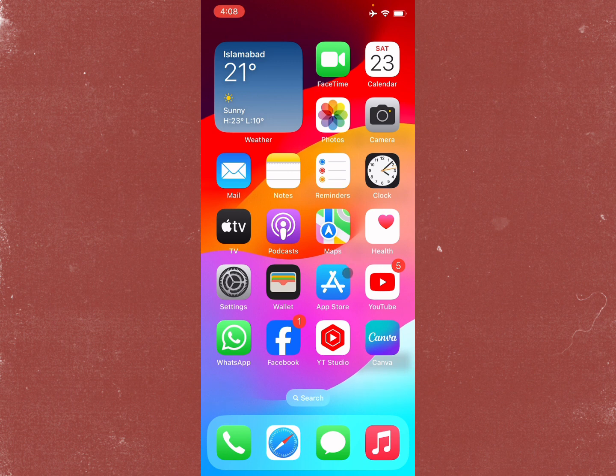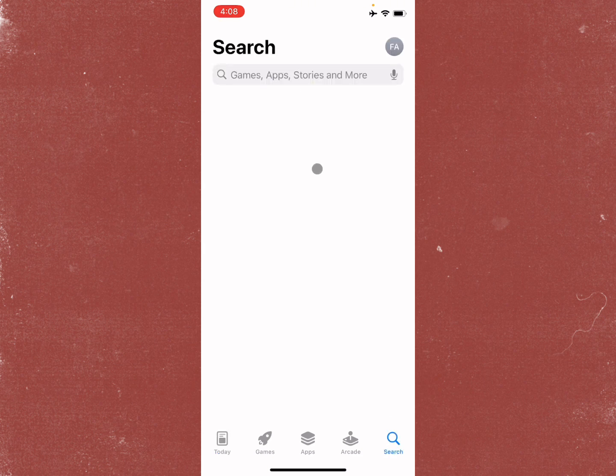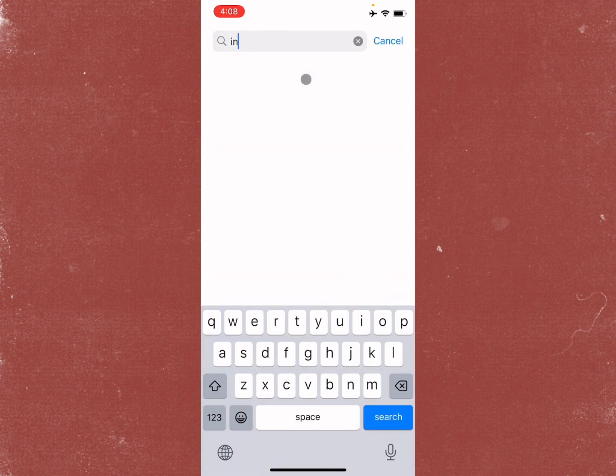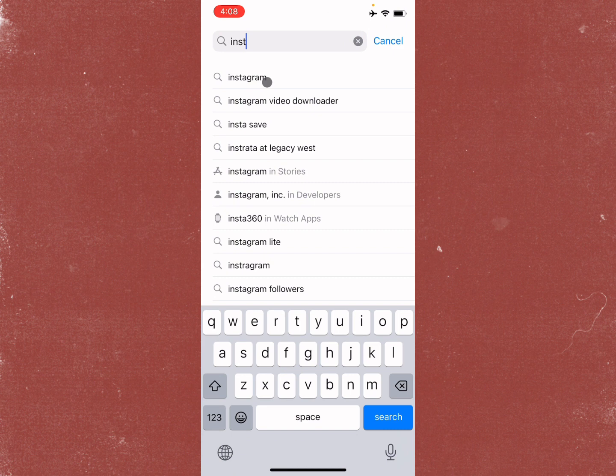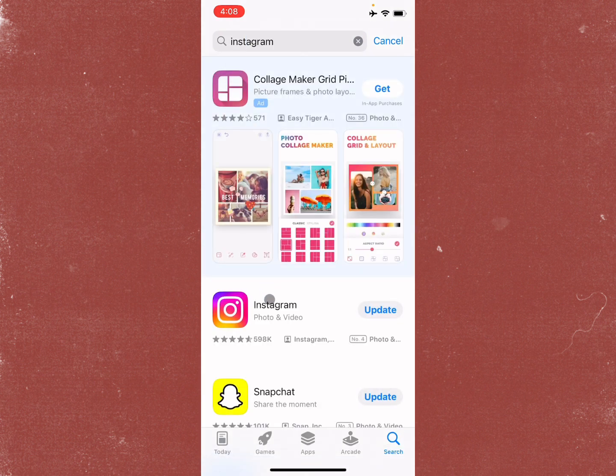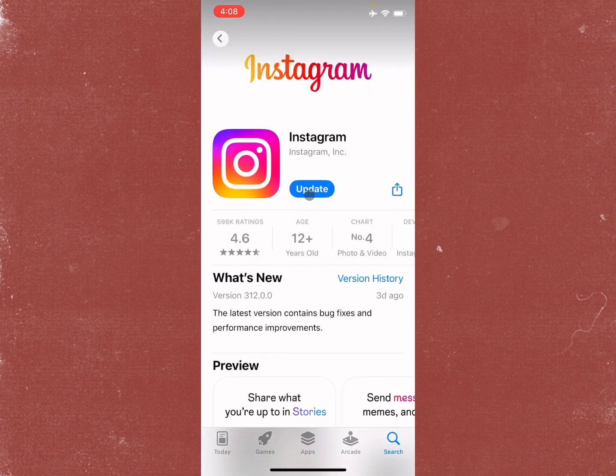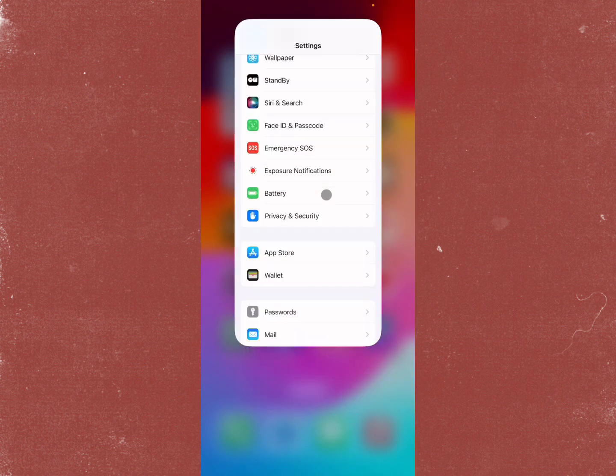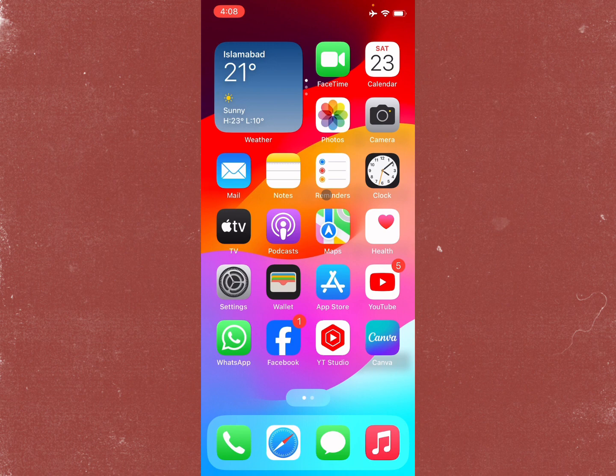update of Instagram. So guys, you need to open your App Store on your iPhone, and guys here you need to search Instagram. After searching Instagram, you need to open your app, and guys you need to update your app if not updated. And guys, after doing this, you need to go back, and guys after doing all the settings, your problem will